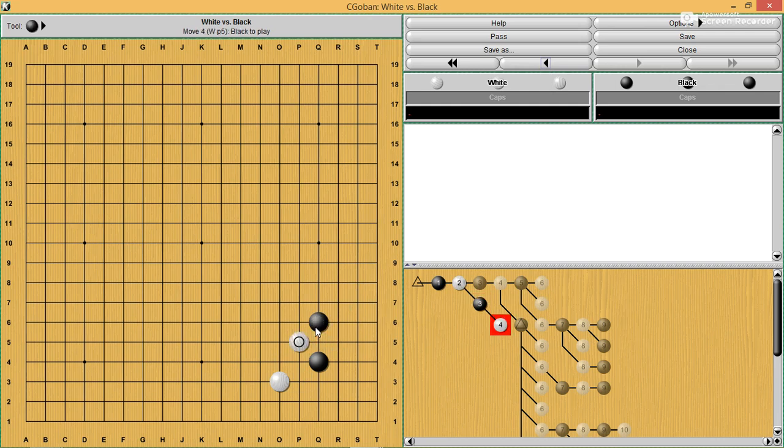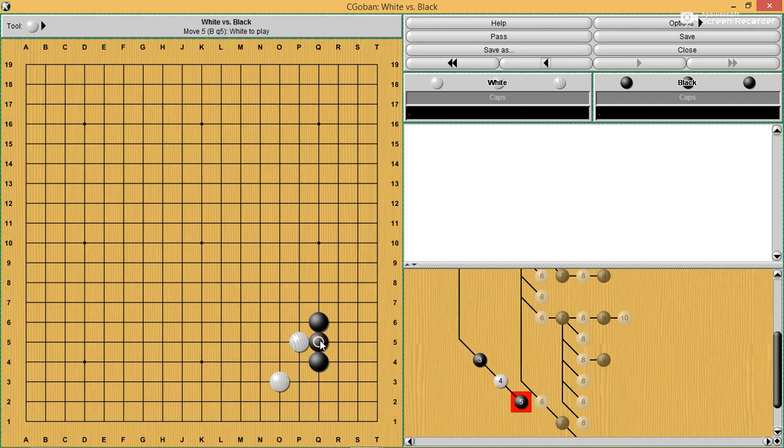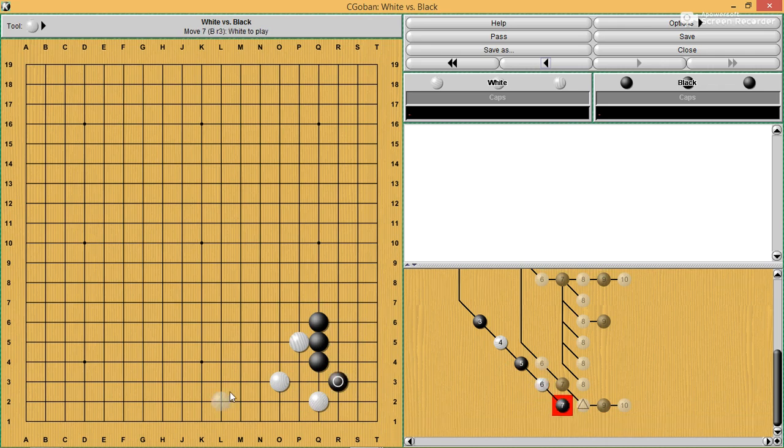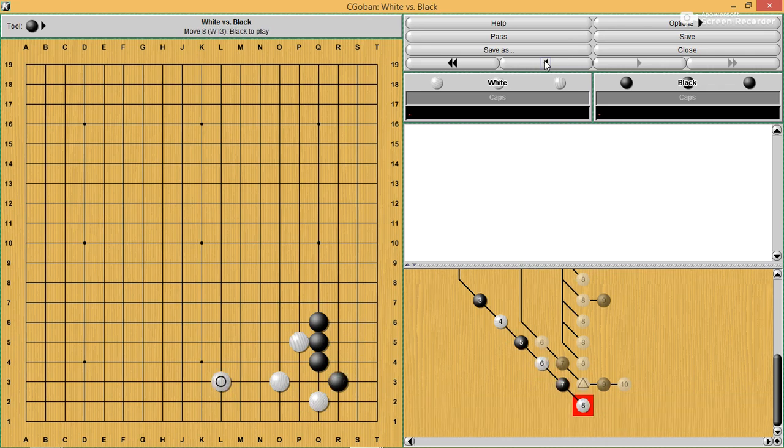But this peeping move is considered pretty annoying for black to answer. Now you might be thinking, well, I'll just connect, there's no big deal. White loses a ton of Aji on the side. Well, that is true, but if white dives next, if black plays a 3-3 and white extends, this is very similar